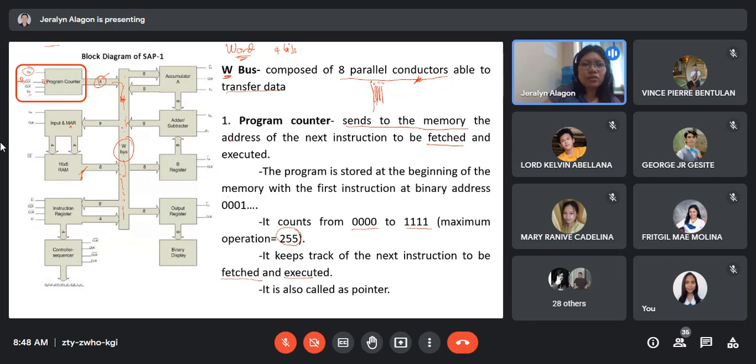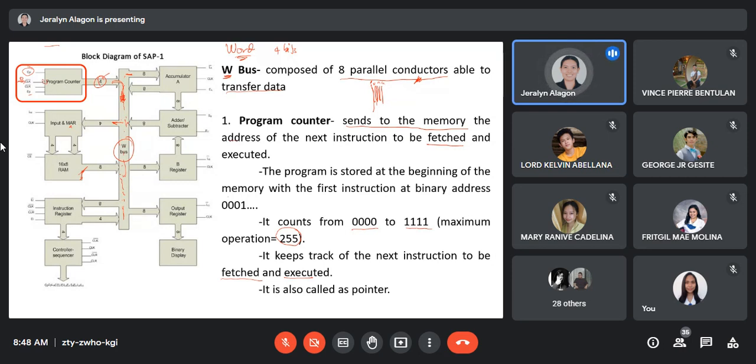It could either go to the input and MAR, which is basically the next step. It can also go to the accumulator. So you just have to look at the arrows that represent the direction of that information from register to register. So in this case, the address from the program counter is